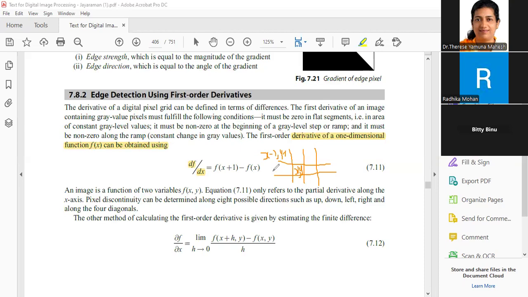So we first look at the principle of derivation of a Laplacian mask. When taking the partial derivative, we are deriving it from the standard formula for partial derivation, which we use in numerical methods. In the standard formula, we write dou f by dou x equal to limit h tends to 0,